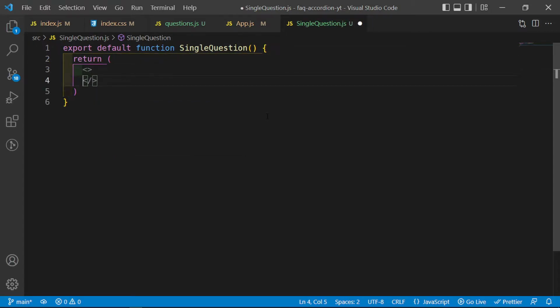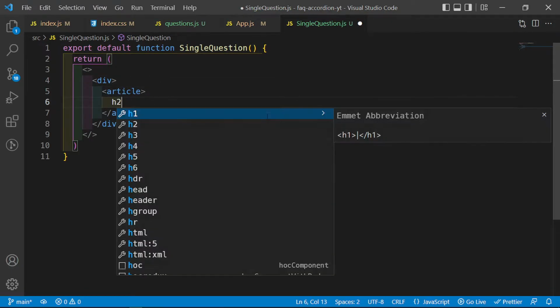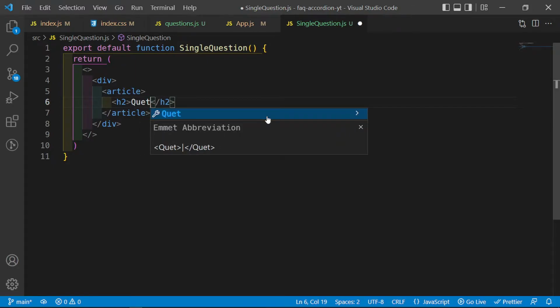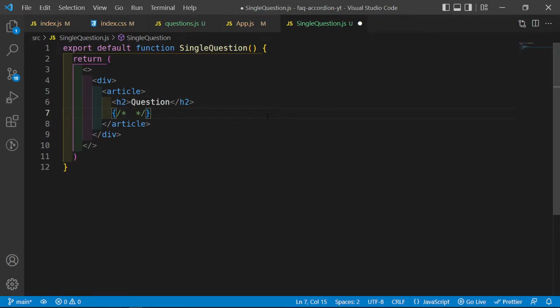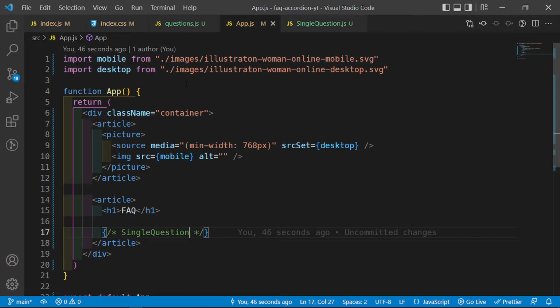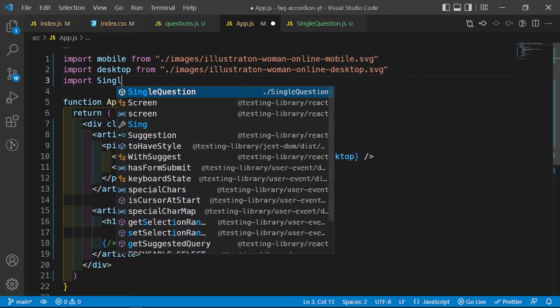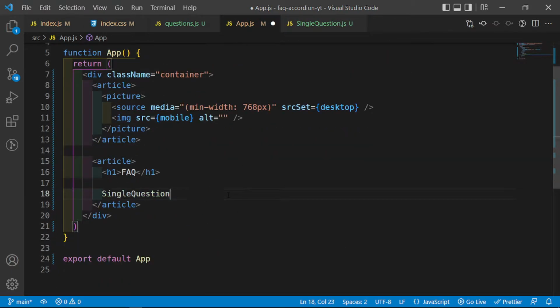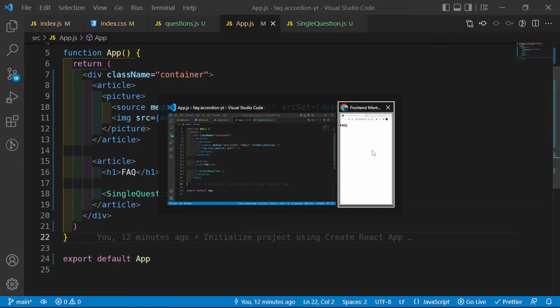And then for now, we're just going to be returning an empty fragment with a div inside here and an article, and this article is going to have an h2 that says question, and then below this we're going to have an image, technically an image or an icon really, if you want to think about it. And then below this we're going to have our answer. Okay, so let's save this, and then let me import this file on top. So let's say import single question from single question, and then instead of this, let's just render our component like so. So let's save this, and then on the screen we should see